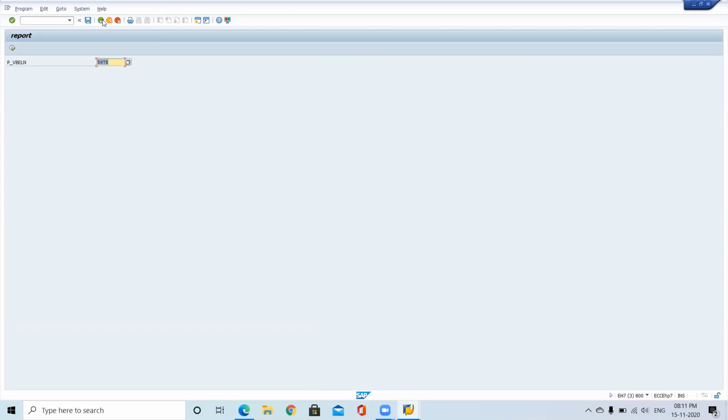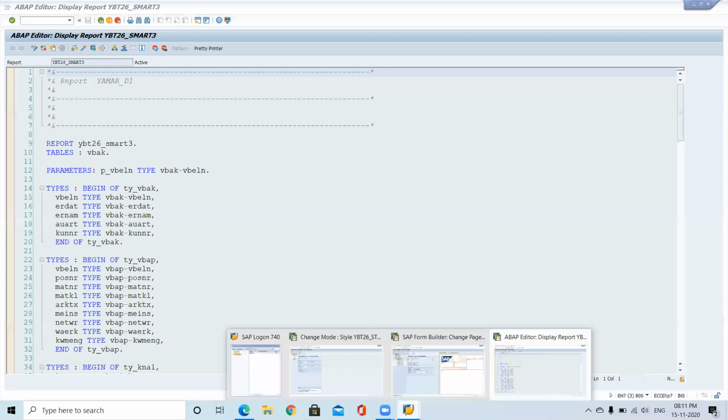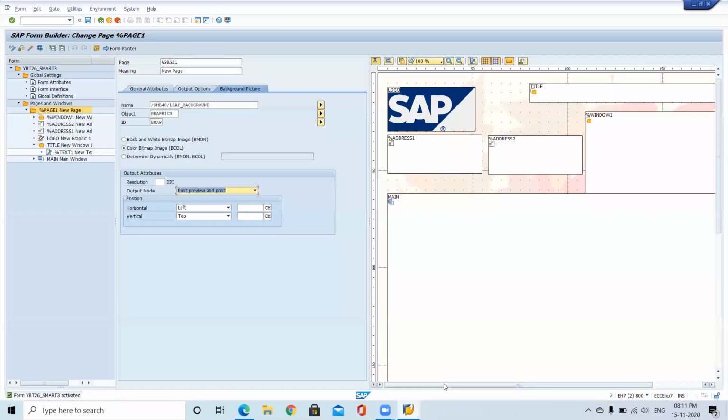So here in a smart form, I just want to print how many pages are there. If 10 pages are there, I want to know that first one of 10, one of 20, like that. I just want to see what my current page is. So in that case, if you want to print the number of pages,